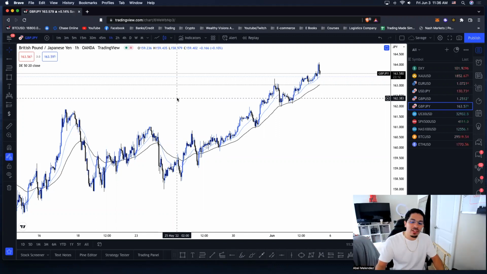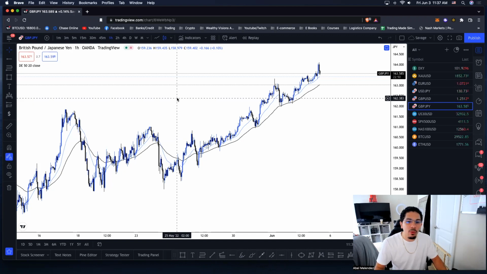Okay, so if you look on my screen right now, I actually have two moving averages on my screen, guys. We have the 50-period EMA, exponential moving average, and we also have the 20-period EMA as well. And we're going to utilize these EMAs, guys, for specific reasons, okay? Because there's going to be a few things that we want to look for before we decide to jump into an opportunity.